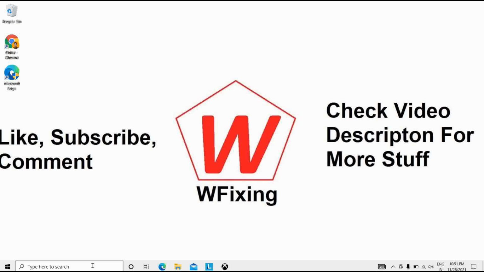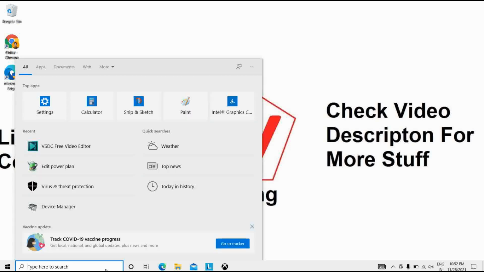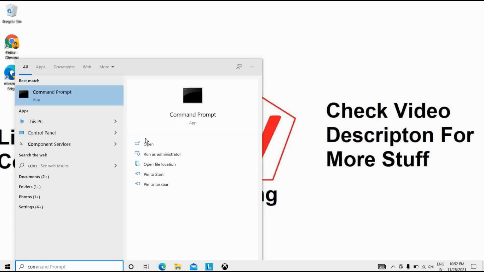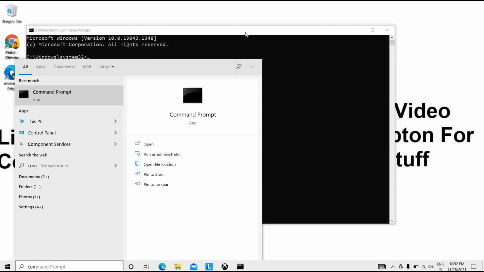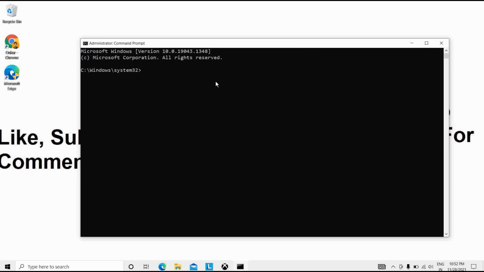Okay, so our first solution is disable Superfetch. Superfetch helps to decrease boot time and makes programs load more efficiently. However, it has been identified as a potential cause of disk performance issues in Windows 8. So on your keyboard, press the Windows logo key and type command prompt, then select run as administrator. I will click on yes, and you can see the interface in front of me.